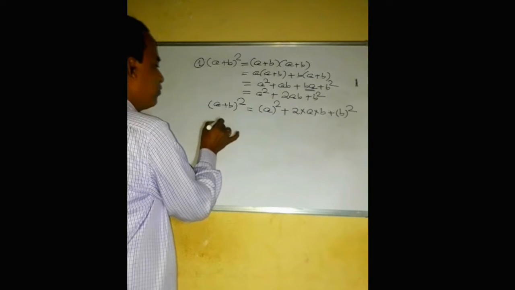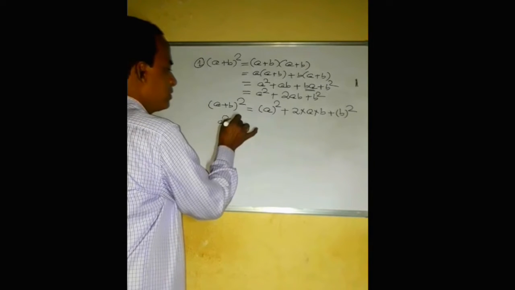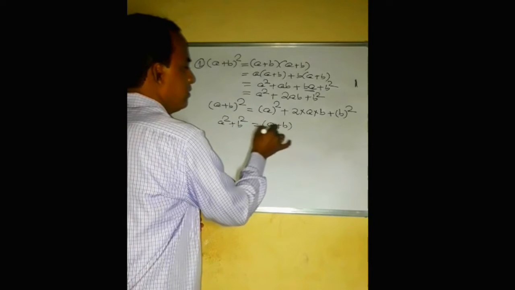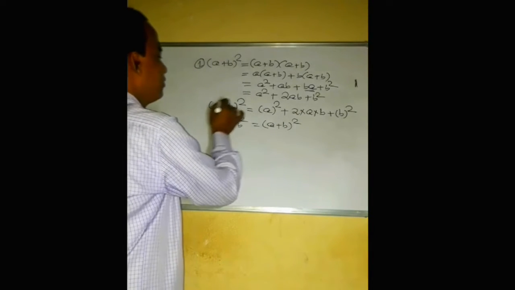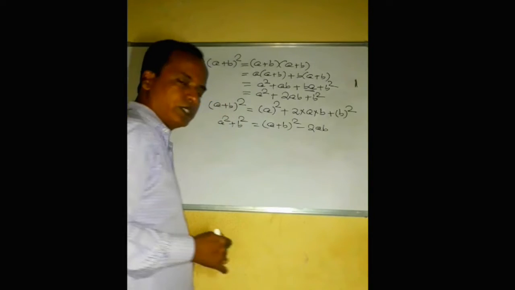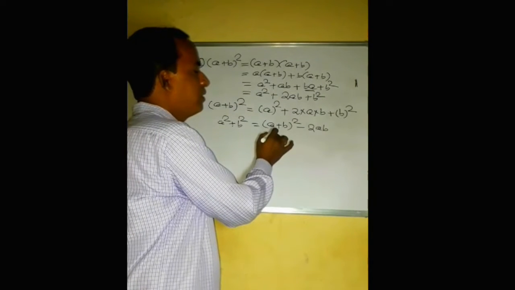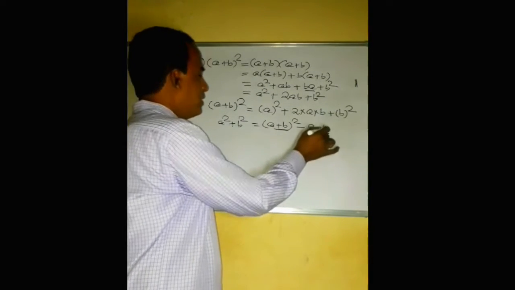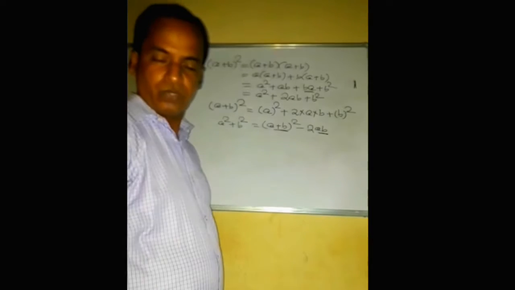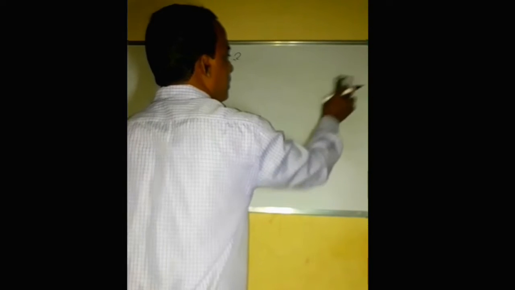Again, we can also find out the value of a square plus b square. Second formula: equal to (a plus b) whole square, and these 2ab when taken to this side will be equal to minus 2ab. In different problems where a plus b and ab are given, we have to apply this formula: a square plus b square equal to (a plus b) whole square minus 2ab. So we'll take some examples to simplify this.